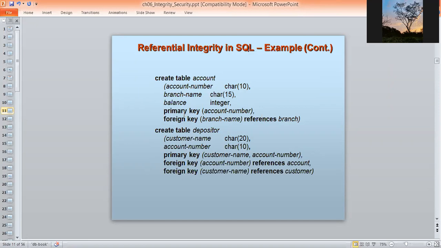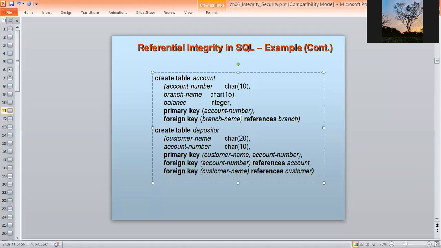Here you can see that the primary key specified for this table is the account number, and the foreign key specified for this table is the branch name, which is actually referring to the relation branch. By this command, foreign key branch name references. After references, it should refer to a valid relation name.